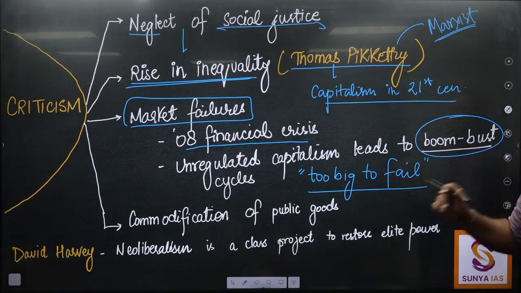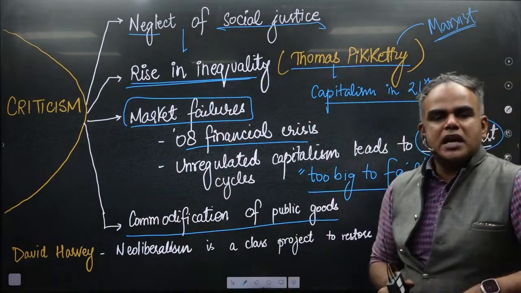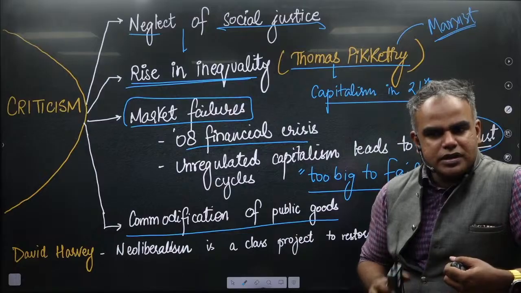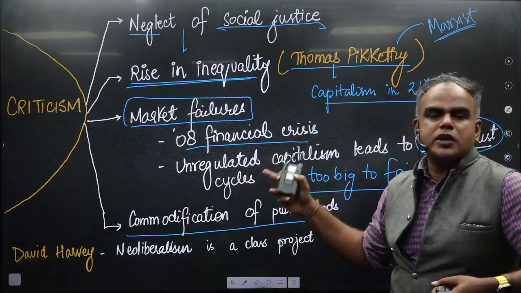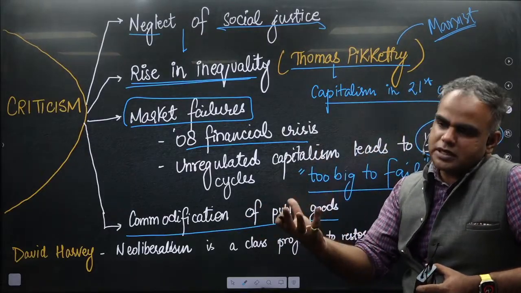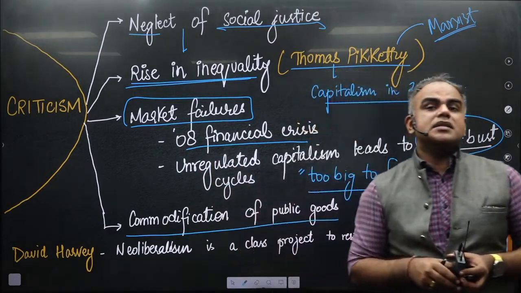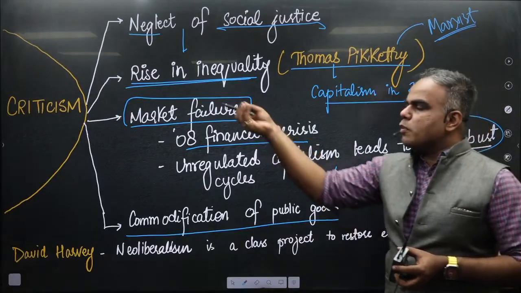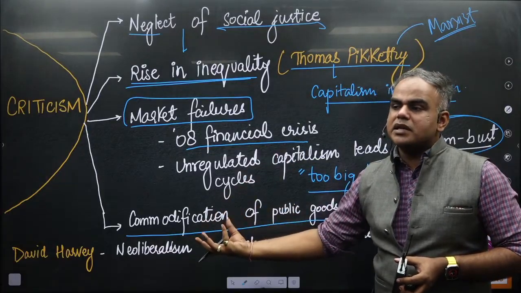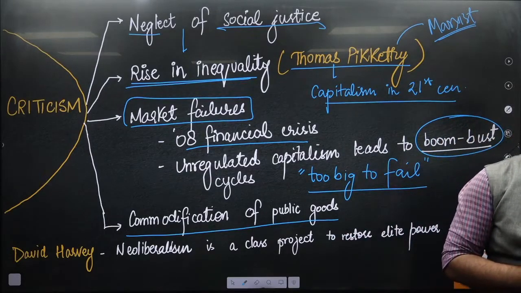Then there is the point of commodification of public goods. See, why did the welfare state come? So that important functions like public goods, be it health or education, can be provided to all. But here the neoliberal theory will say the state should go away. The moment you commodify public goods, it will lead to exclusion. Yes or no? Everything will become expensive. Same argument if you use for India. India is a welfare state. If we totally adopt neoliberalism, what will happen to almost one-fourth of the population which lives under abject poverty? So commodification of public goods is also leading to this problem, right?